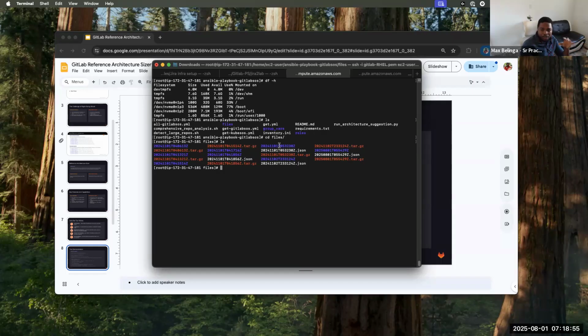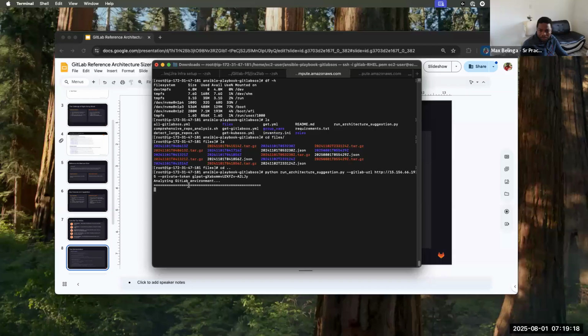And the tool is basically going to parse this archive and get all these folders, because this has many folders with all the information I'm talking about. And the tool is going to provide some recommendations based on that. So I'm just going to run the tool right now to see